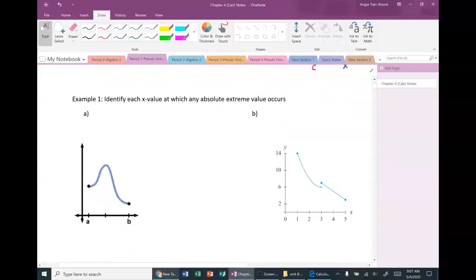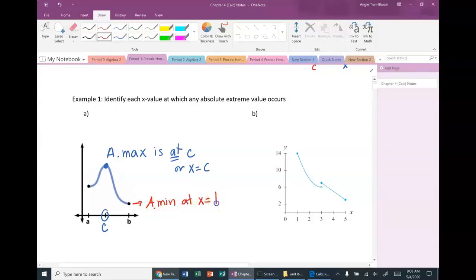Example 1, identify each x value at which any absolute extreme value occurs. So absolute values, meaning that it's either the highest or the lowest. So this is the highest. On that one, that's going to be qualified as an absolute max. This location right here is not labeled, so we'll label it c. Absolute max is at c, or you can even say at x equals c. Now we also have an absolute min, which is the lowest of the lowest. It must be closed for it to exist, and if you look at the original drawing, it is closed. So this right here is an absolute min